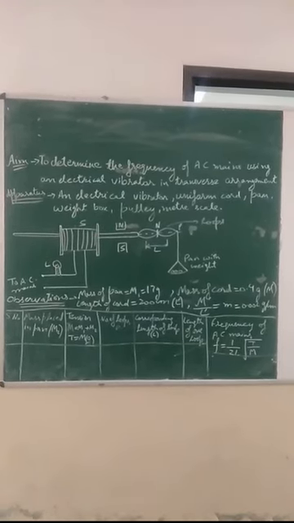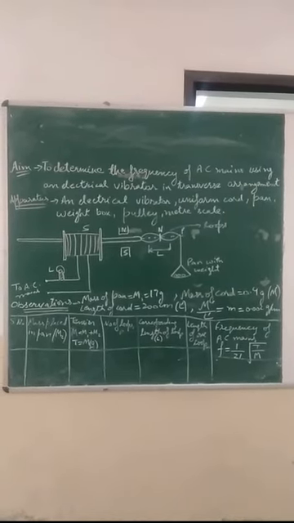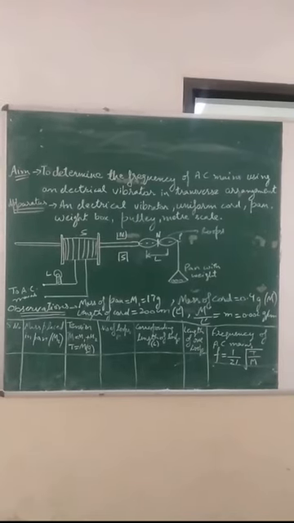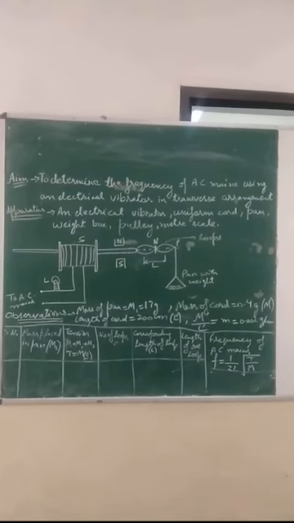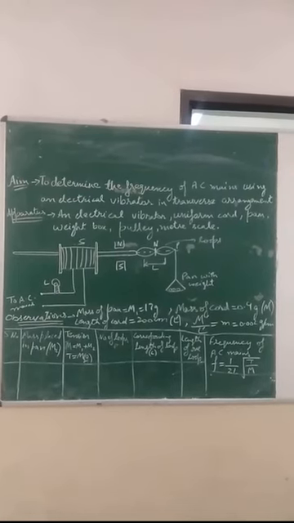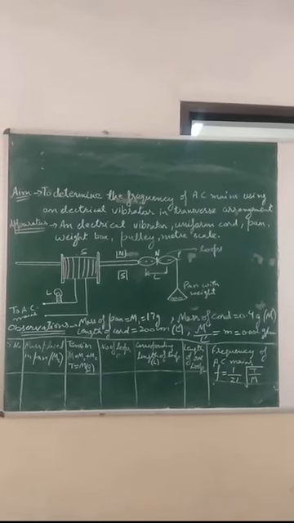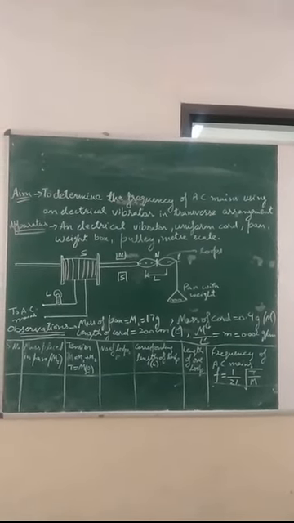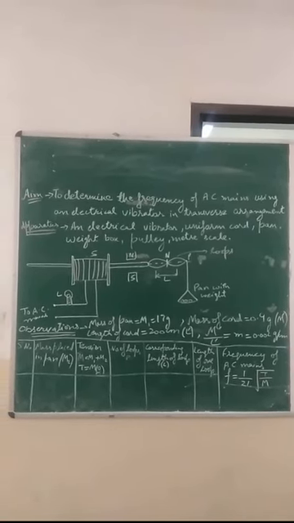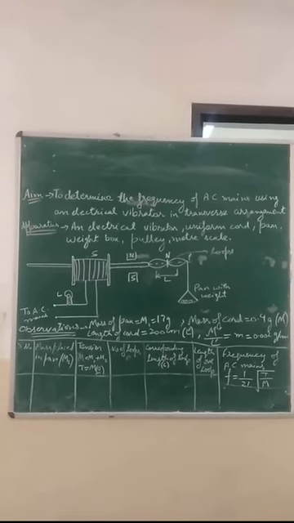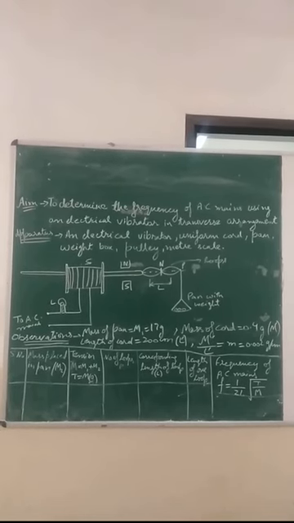For that I am having S. S is the solenoid where a number of turns of the conducting wire are there, and L is the lamp. AC mains are being supplied on the left hand side of this diagram, and NS is the magnetic field which is perpendicular to the solenoid rod, and this rod is being attached to the thread, and that thread is attached to the pulley, and along with that there will be a pan on the other end of the thread, and in the pan we will put some weight corresponding to that.